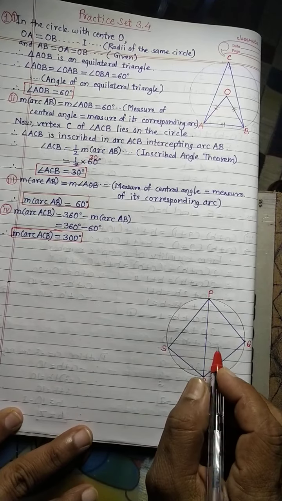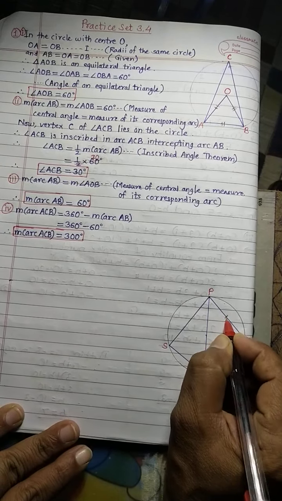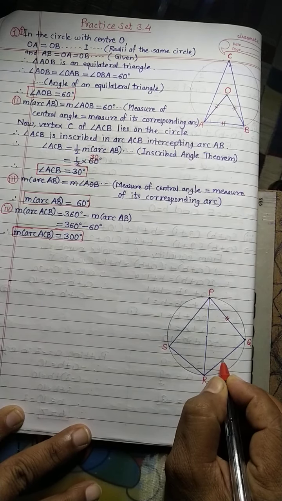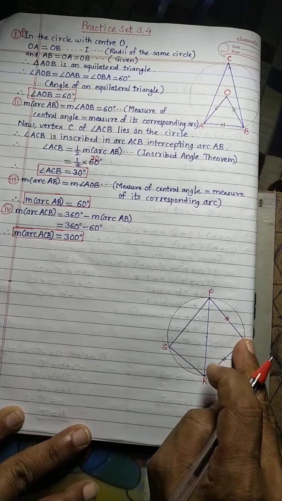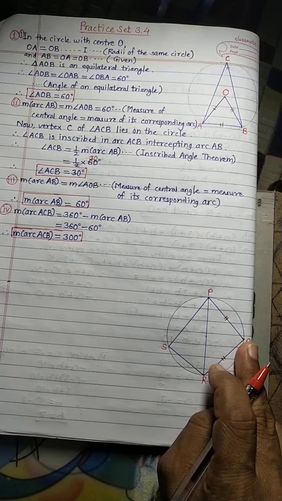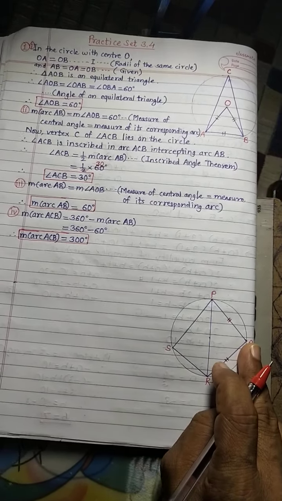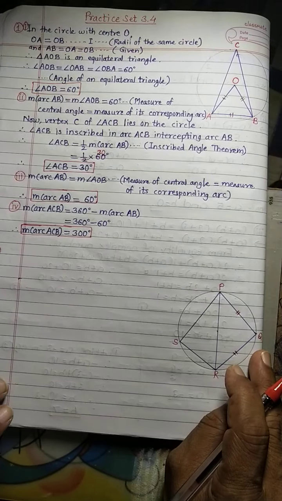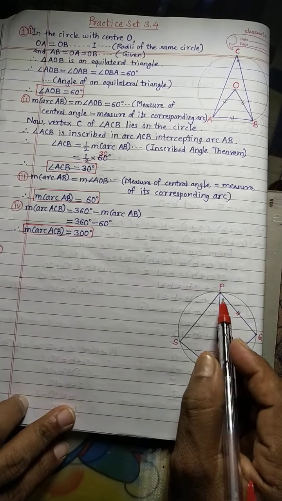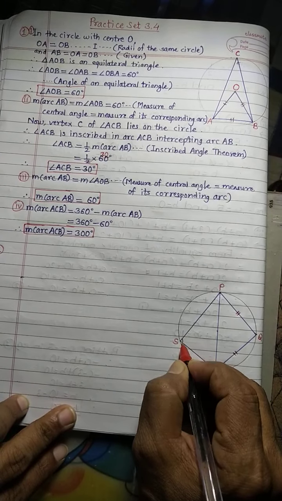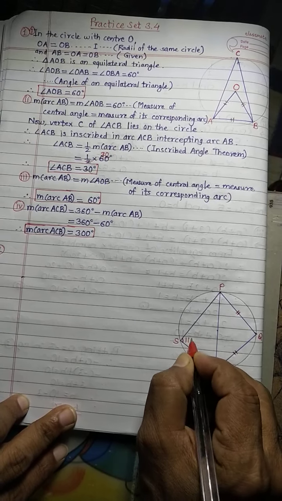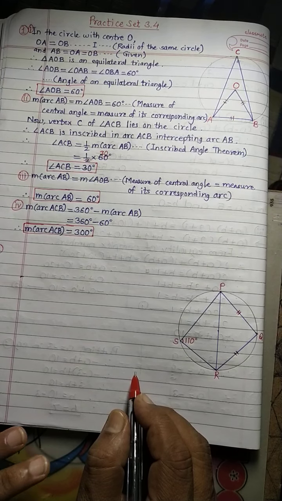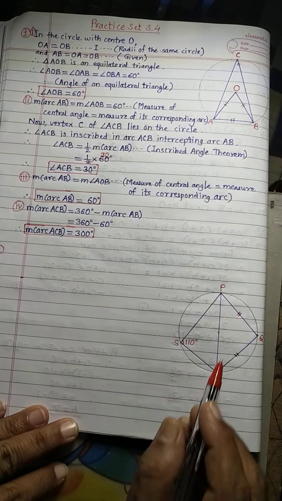Also side PQ is congruent to side RQ. Angle PSR is equal to 110 degree. Then we have to find